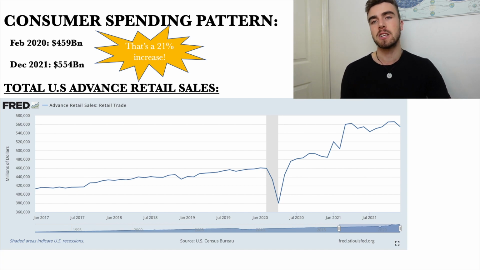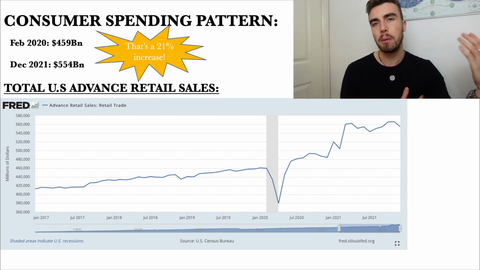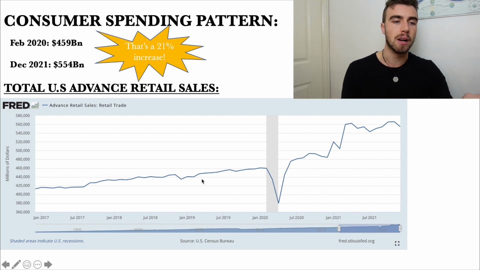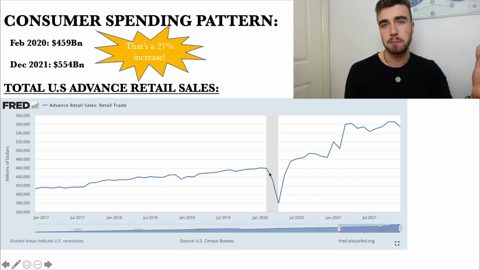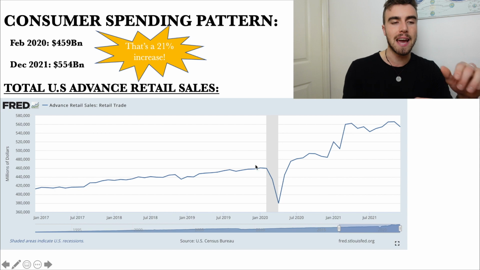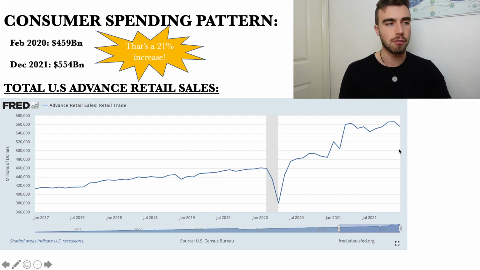Because obviously if this stimulus money hadn't happened, we would have seen that effect on the economy, and we would have seen more people being unemployed and less spending. But instead, we saw the opposite effect, and that's a significant increase in spending, particularly considering, look at how flat this line is between 2017 and 2020, and then boom, wham, we see this very big growth. Again, if we had drawn the trend line, we would probably be somewhere about here right now, much lower than where we are now from the stimulus money.